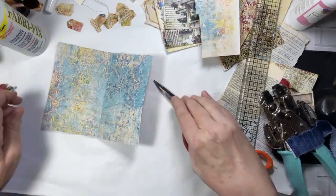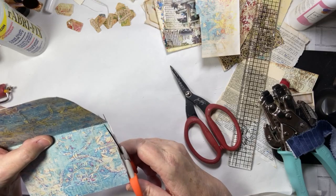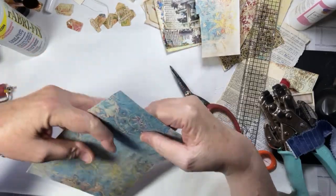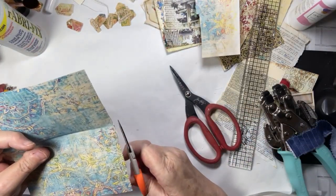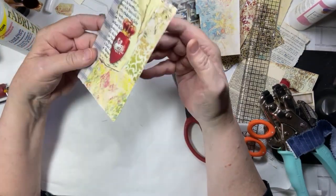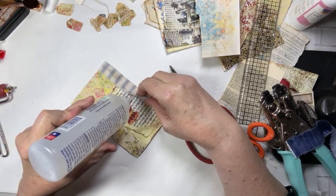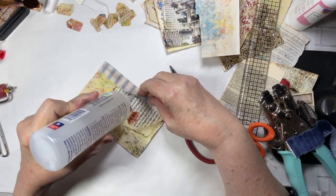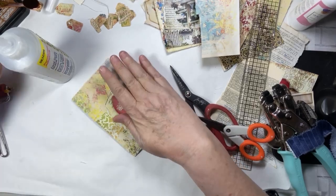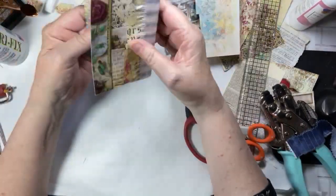The inside's so pretty though, I really like that. And then if you wanted to, you could add something to the inside. You could do some collaging to the inside. And let's look at that and see if we want to do that. If I had this the front, I really don't want that the front. So this is going to be backwards. And it's going to be okay. Backwards. So it is going to open